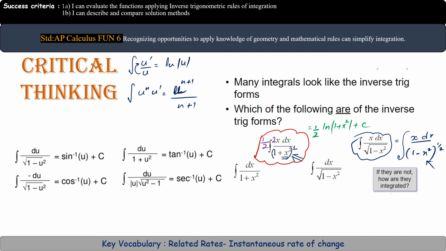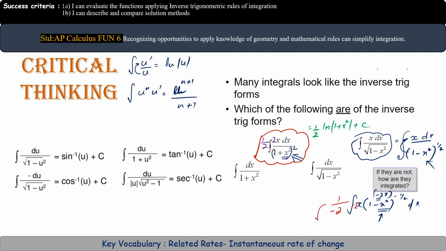So here, when we bring the power on the top, we will get x(1 minus x square) whole to the power negative half dx. Then the derivative of negative x square is negative 2x. Now what is not in the question? That is negative 2. So we will write negative 2 inside and divide with the negative 2 outside the integral sign. Now everything is written inside the integral sign in the form of the power rule.